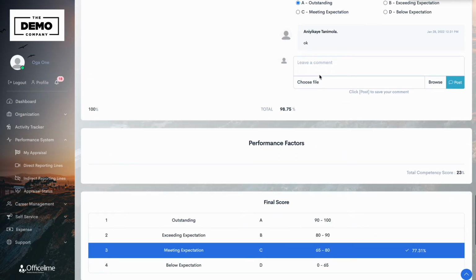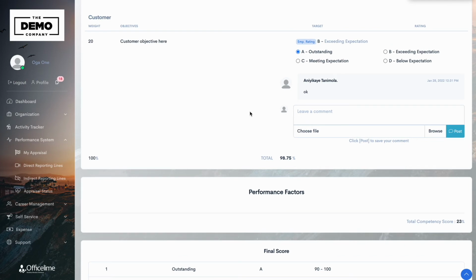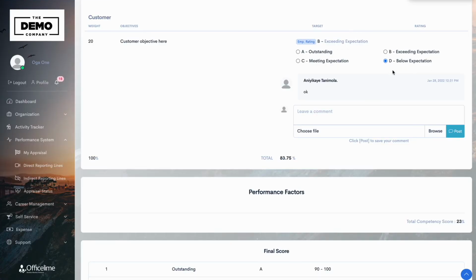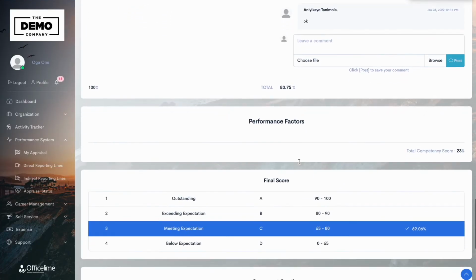The next section we have, at the end of the objective section, is a total score based on what we've been rating so far. So this person is doing like a 98, and as I modify that, the score gets updated. The other part we'll have is performance factor. This is more like behavioral, so this can also be captured